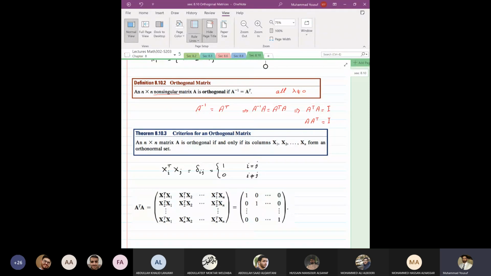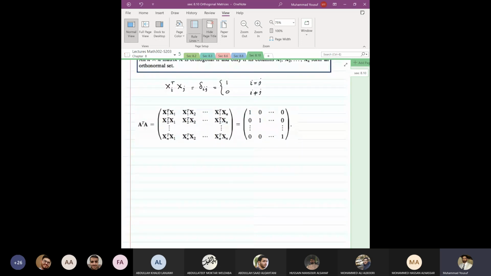This result is also clear from the definition that A transpose A is equal to I, and that is explained here more in this theorem. Okay, what is the next thing? How to obtain an orthogonal matrix